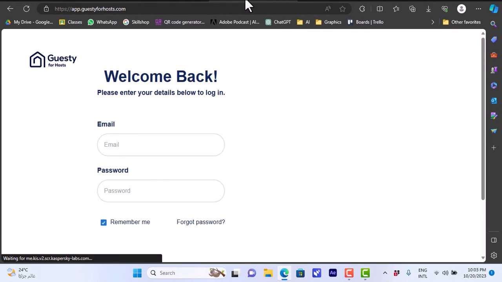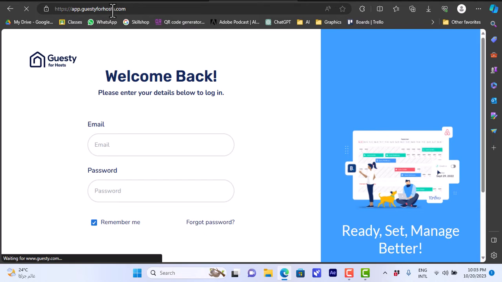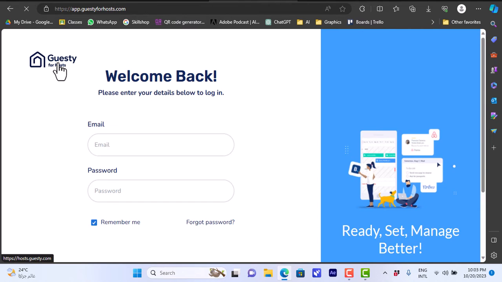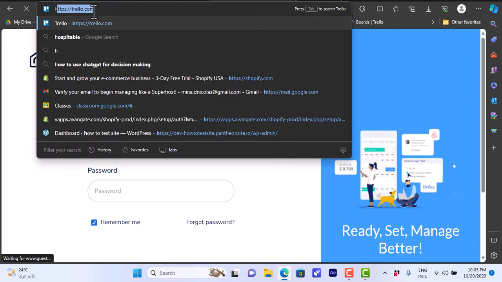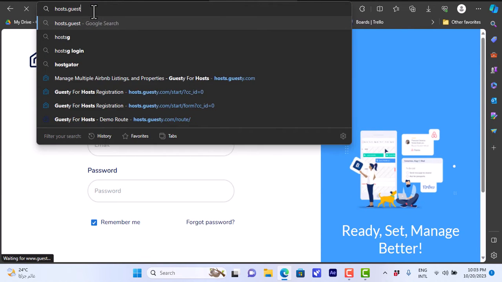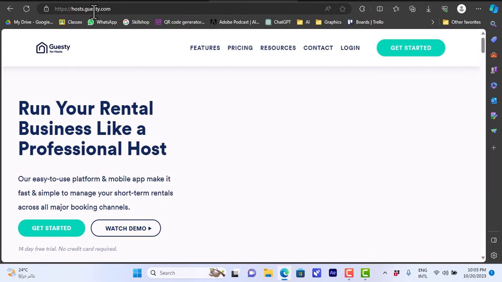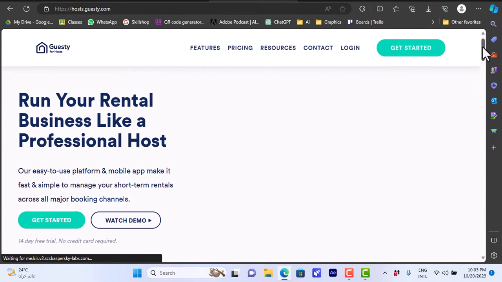Guesty is another great PMS, or property management system, platform. You'll need to go here to Guesty. So let's go to Guesty for hosts here, which is hosts.guesty.com. Okay, enter, and you will land on their landing page or home page, where you can also scroll down